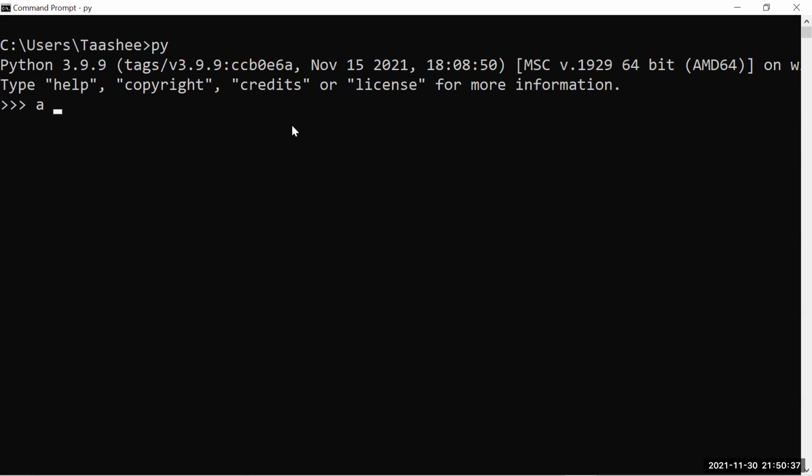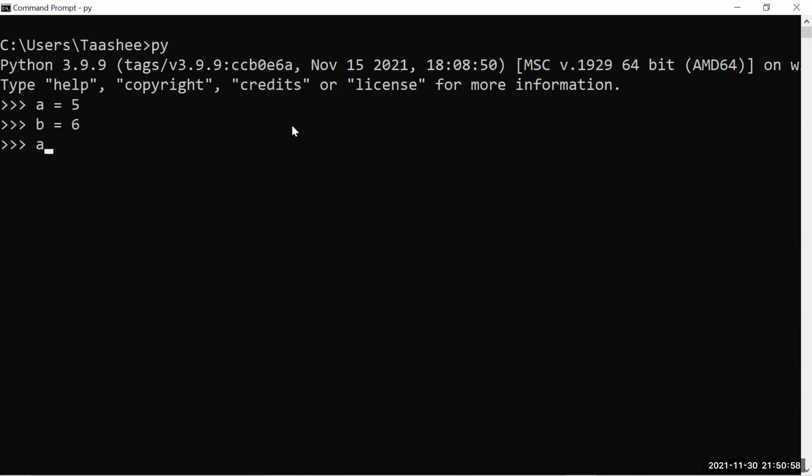So if it is not greater than, what does it mean? Let's say A is not greater than B. That means A is less than B, right? Let's say A equals 5 and B equals 6.